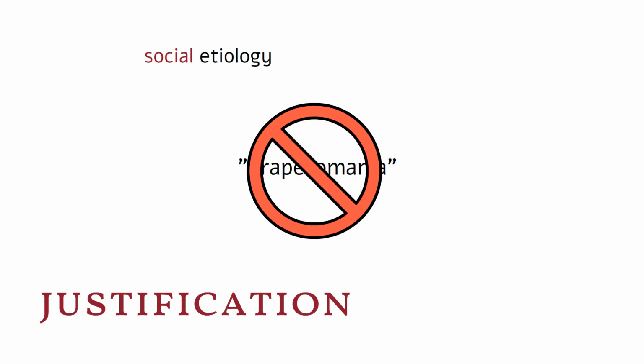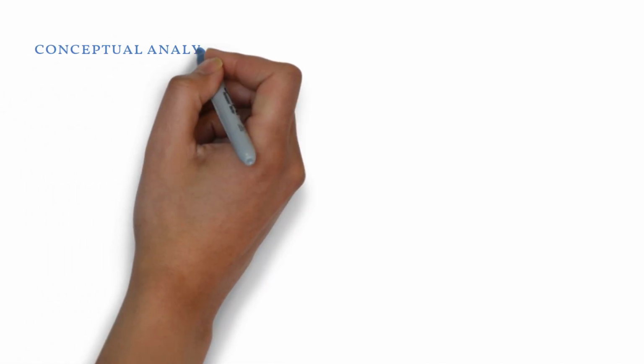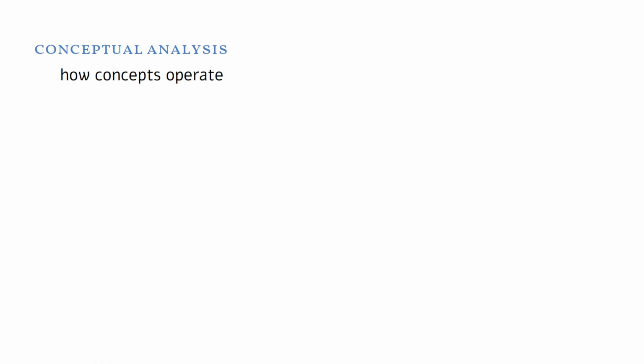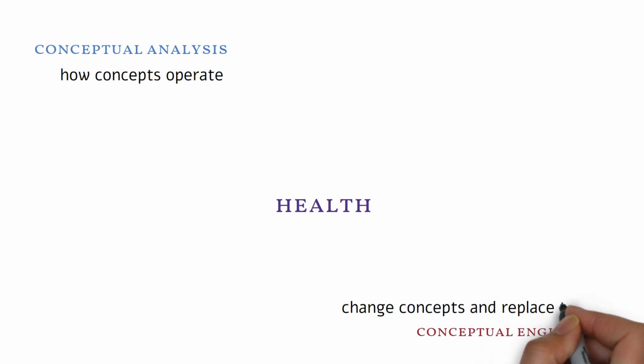It might be useful to pause here and point out that Boorse and Hare have somewhat different conceptual objectives. In philosophy, we talk about conceptual analysis, which looks at how concepts operate in different contexts. For example, what does health mean in the American for-profit hospital system? And conceptual engineering, which aims to change how we use those concepts and replace them with better definitions. It's a little unclear the degree to which Boorse or Hare see themselves as doing one or the other, but it seems safe to say that Hare is doing more conceptual analysis.